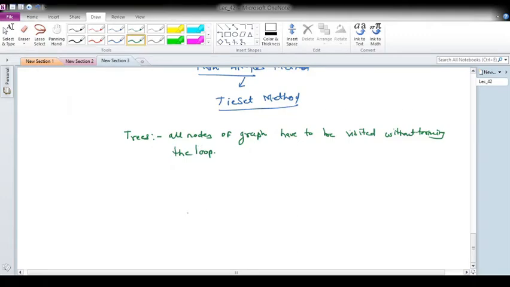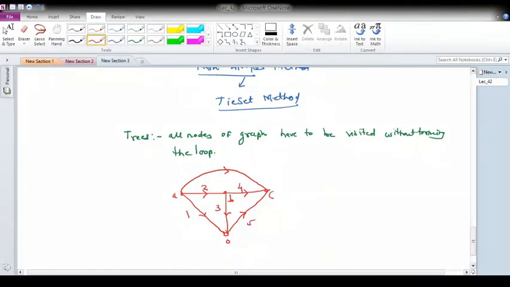For example, let us take the same graph which we have taken till now. So suppose this is my graph, nodes are A, B, C, O, and these are my directions. So any random direction. This is 6. Let us give it numbers 1, 2, 3, 4, 5, and 6. Now I would like to obtain the trees from it. So how many nodes are here? 4 nodes, and how many branches or edges? 6.